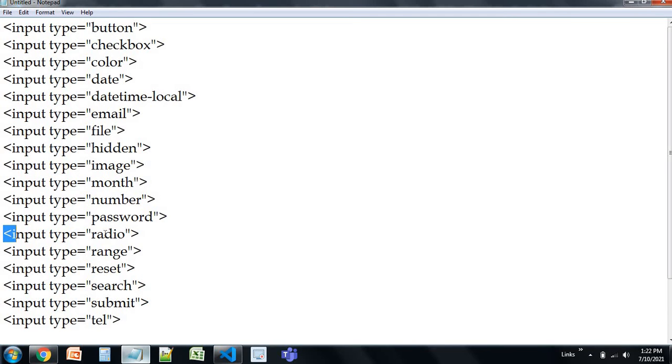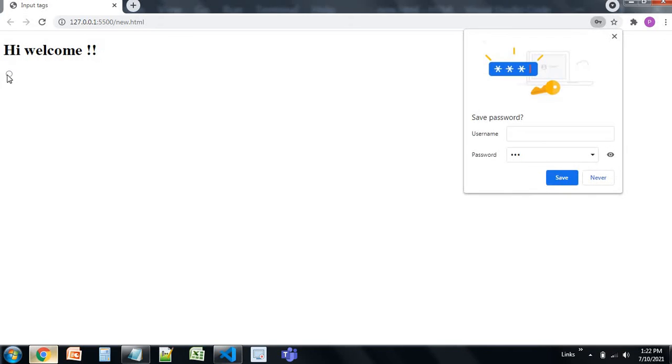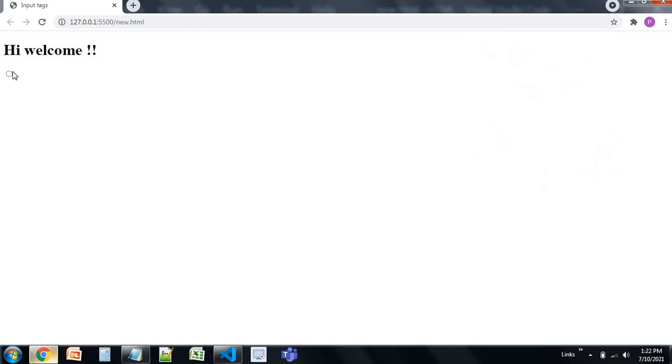And next is radio. Now the radio button. Yeah, you can see that this radio button is also like the checkbox, but it's circular and it looks much better than the checkbox, and you can just select it. Then you can't unselect it when you click over here. You need to refresh it. You can use this as well for choices.